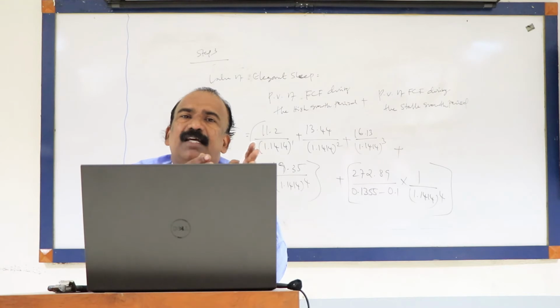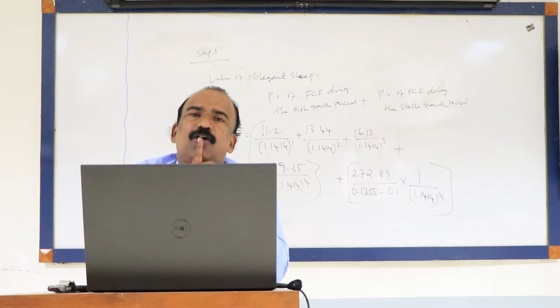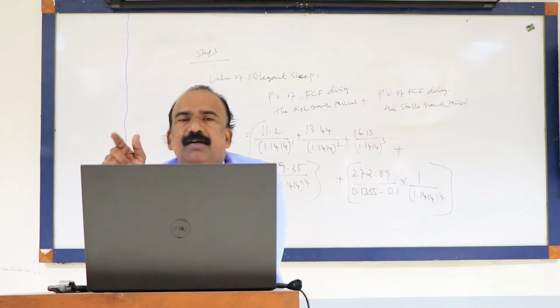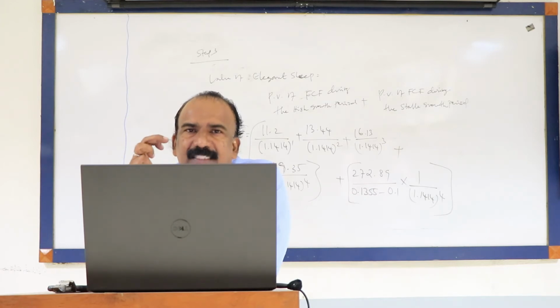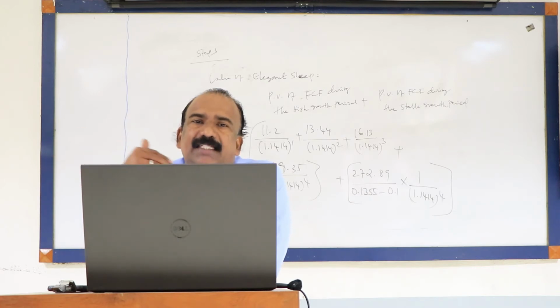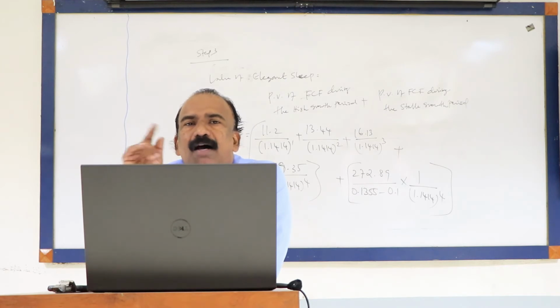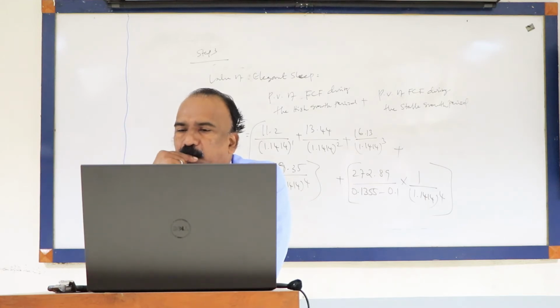If it is a 3-year period, 4th year onwards. If it is a 5-year high growth period, 6th year onwards. So that future cash flow is divided by WACC minus G. The WACC for the stable growth period is 0.1355. The growth rate is 10%, that is 0.1. That will give us the continuing value. Then calculate the present value of the continuing value: divide it again by 1.1414 to the power 4 for 4 years. Add both, and that will give us the value of the company. Any clarification? Any doubts, anybody?